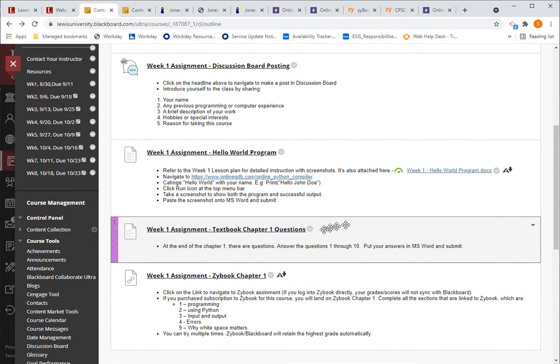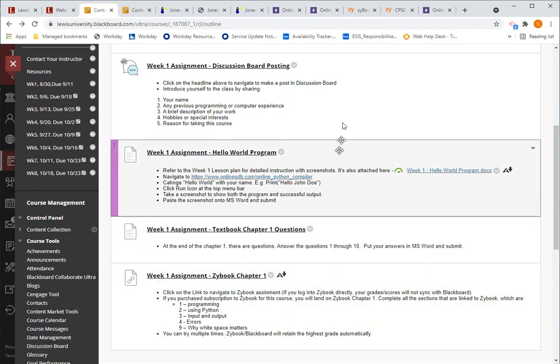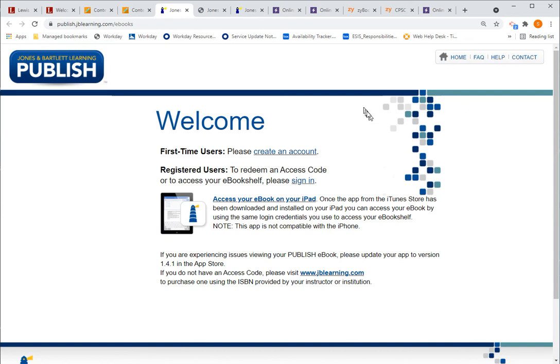The third item is the assignment from the textbook, the paper book, and so let me show you where that's at. If you go to the textbook, Introduction to Computer Science, you can Google it, go to wherever you want to purchase it, and when you get to the website,